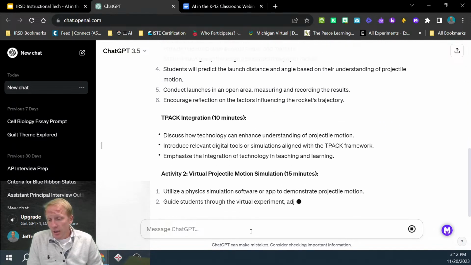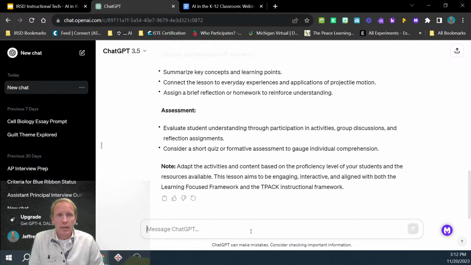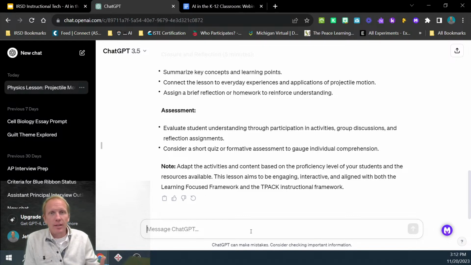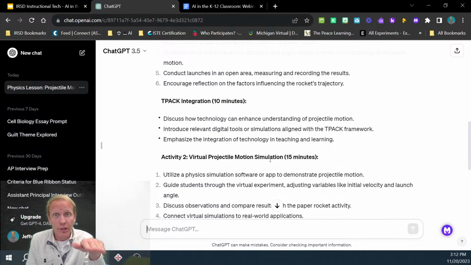So you can see, if you have not yet seen ChatGPT in action, it's kind of mesmerizing the first time you see it in action. And for those of you who have seen this and used it before, you'll understand that there are going to be some aspects in which I can and should revise this lesson plan. I'm not going to ask ChatGPT to write this lesson plan and then go teach it tomorrow. There's going to be some sanding and polishing, but the majority of that lift has been done, which is pretty